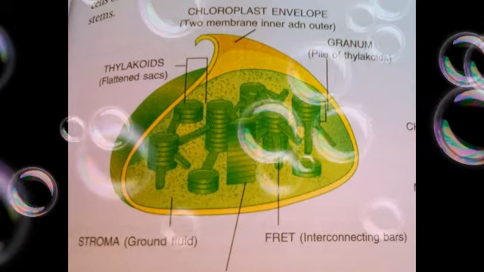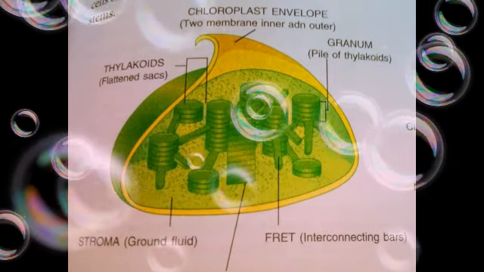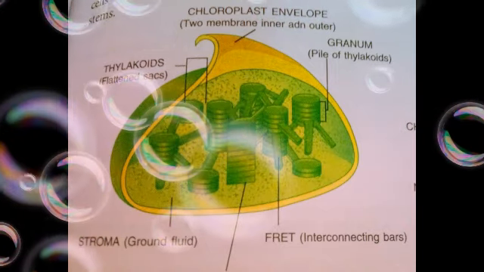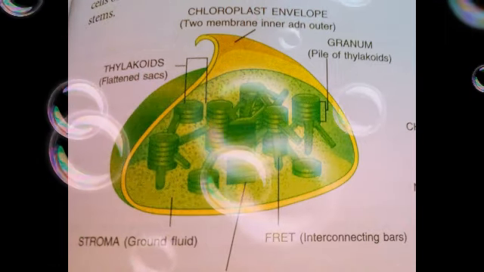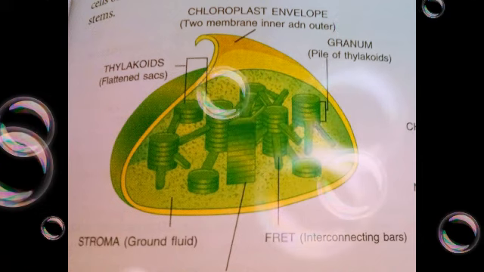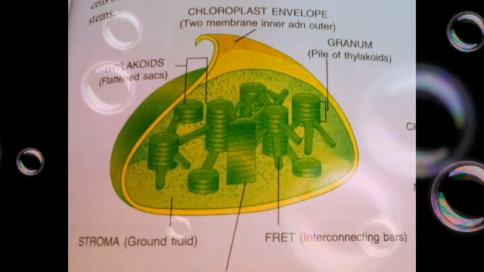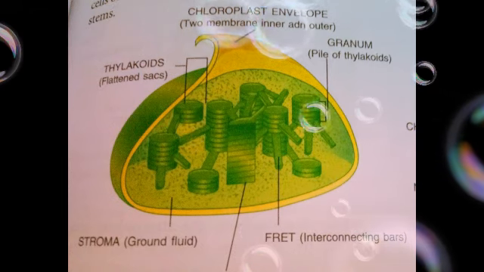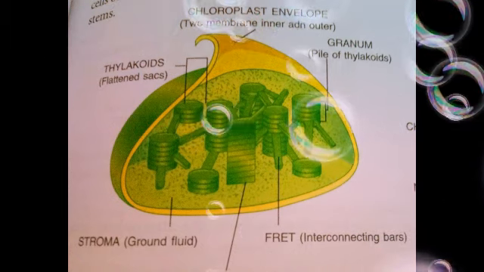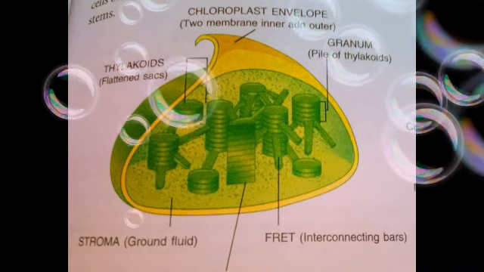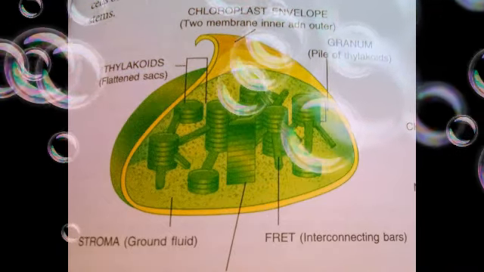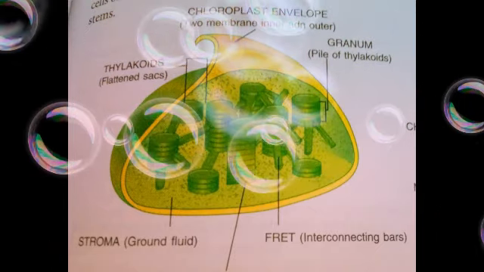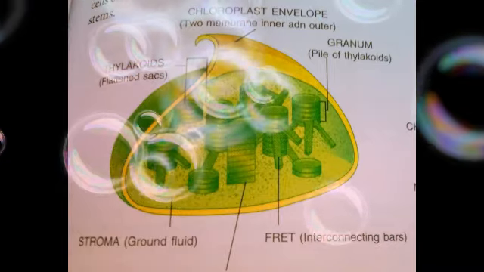The chloroplasts are mainly contained in the mesophyll cells, the palisade and the spongy cells, which are present between the upper epidermis and the lower epidermis. In palisade cells and spongy cells, the leaves are capturing the light energy, and then they are helping in the process of photosynthesis. The word chloro means green and phyll means leaf.